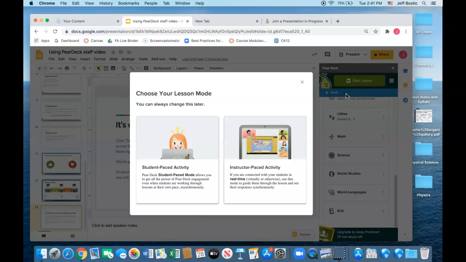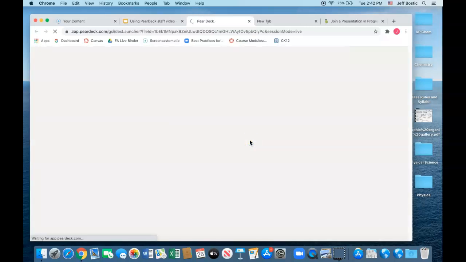If you're in a live class and you want the students to follow along and answer questions as you go at your pace, you're going to pick instructor-paced activity. But student-paced activity puts the slideshow in asynchronous mode. So if you have a student that just didn't show up, you can leave this Pear Deck in asynchronous mode, and they can go through it on their own time. They won't get feedback from you as they go, but at least they'll get exposed to the content. So I'm going to pick instructor-paced activity,